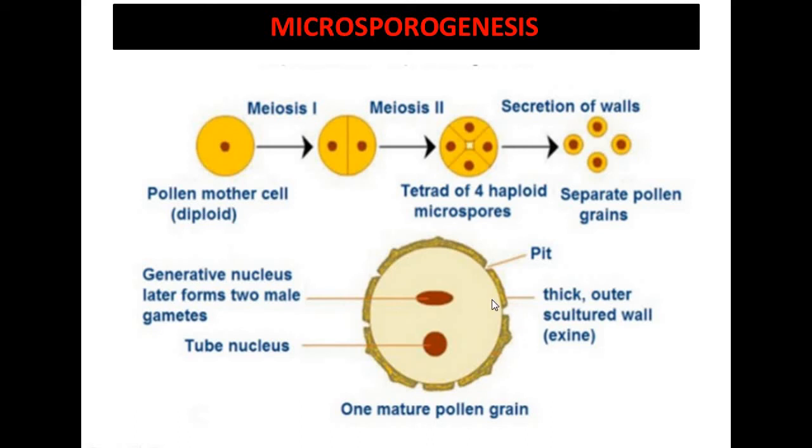But first of all, we have to talk about the nucleus of the pollen grain. In the immature pollen grain, you can see the nucleus is one only, a uninucleate structure was there, but now you can see there are 2 nuclei in this mature pollen grain. One is tube nucleus and second is generative nucleus. So how does this process occur? Just see during the process of development of the male gametophyte in the next slide.